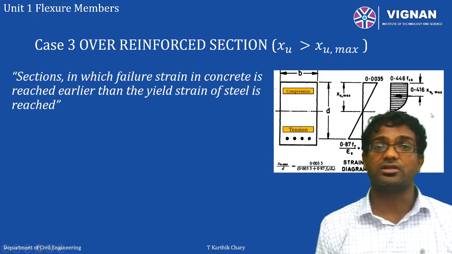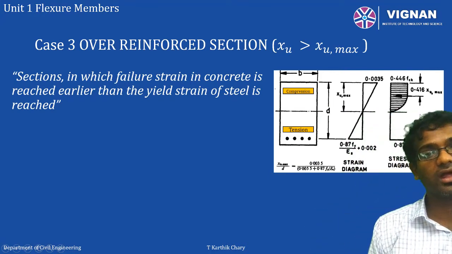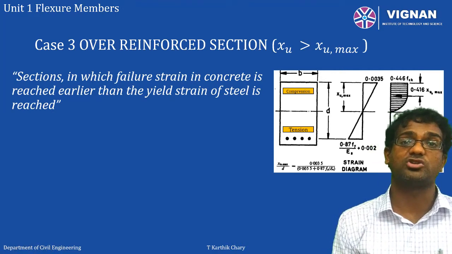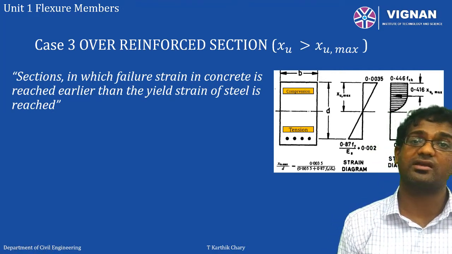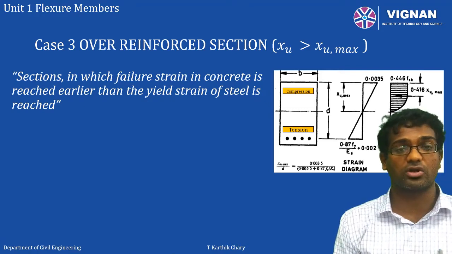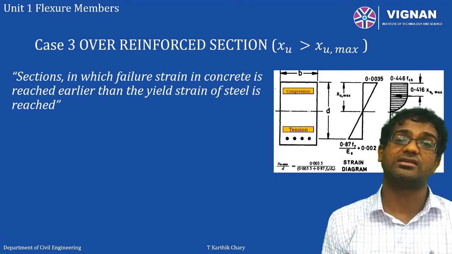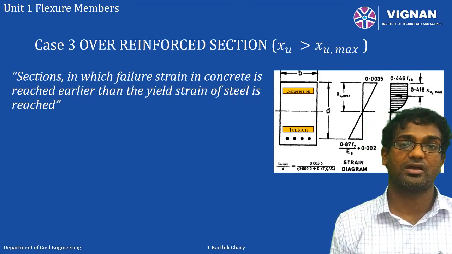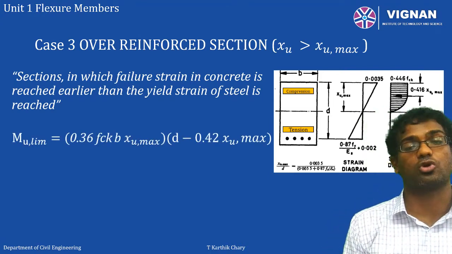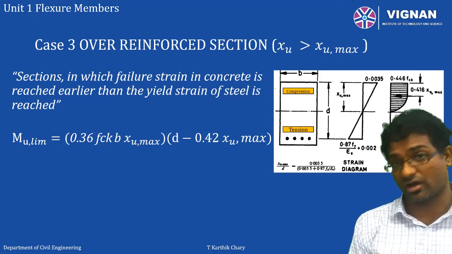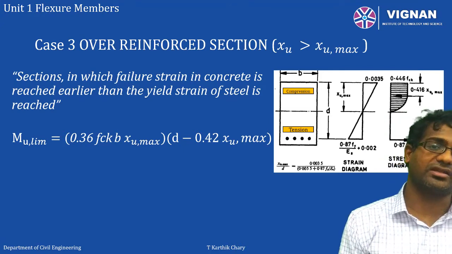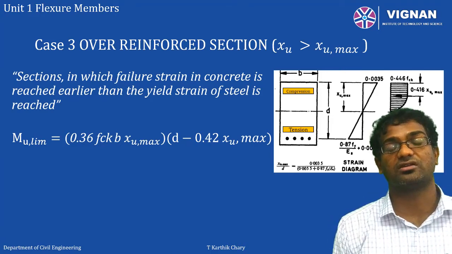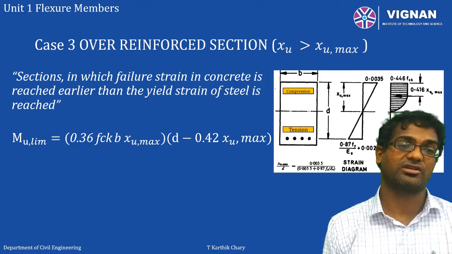As we know, concrete is a very brittle material, and if you notice that the concrete is failing first, the designer should always discard these kinds of sections. It should always ensure that the neutral axis is within the limiting neutral axis depth prescribed. So these kinds of sections should always be redesigned. However, you can calculate the moment of resistance of these sections using the same equation which is given for the balanced section.